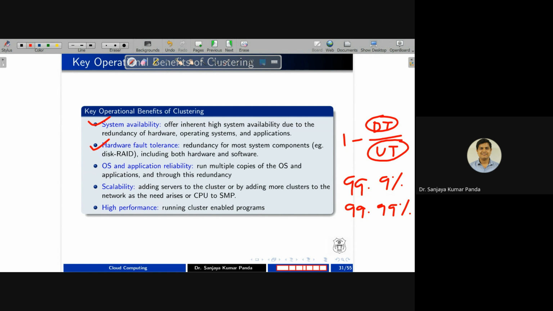Clusters or grids primarily focus on high performance computing, but cloud primarily focuses on high throughput computing. In high throughput computing also you want to achieve HPC, but it is a goal oriented activity rather than processing the same set of applications in a high level cluster or a grid.